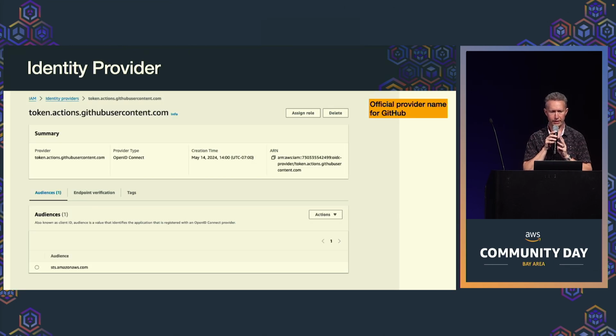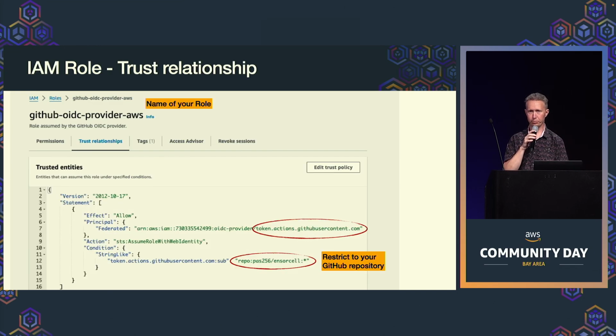The first step is creating an identity provider in AWS. The name to use has to be tokens.actions.githubusercontent.com. Really simple to remember. That is the name that GitHub uses when it goes and accesses your AWS account, so otherwise known as the principal. And so what it's going to do is it's going to try and assume a role in your AWS